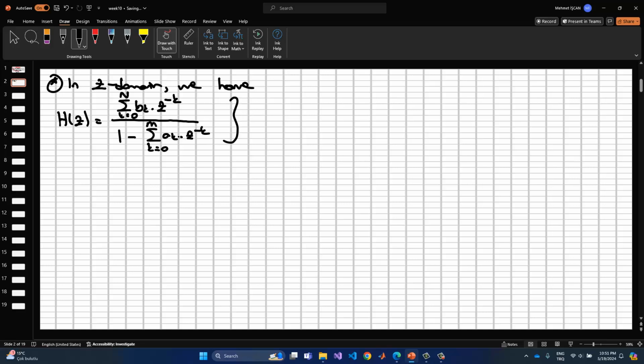Okay, and so in order to design the IIR filter, low pass or high pass in here, we need to check only the poles, okay, in the region of convergence. Okay, and so